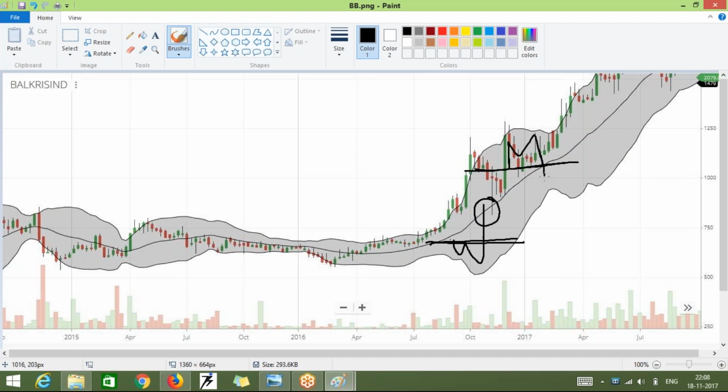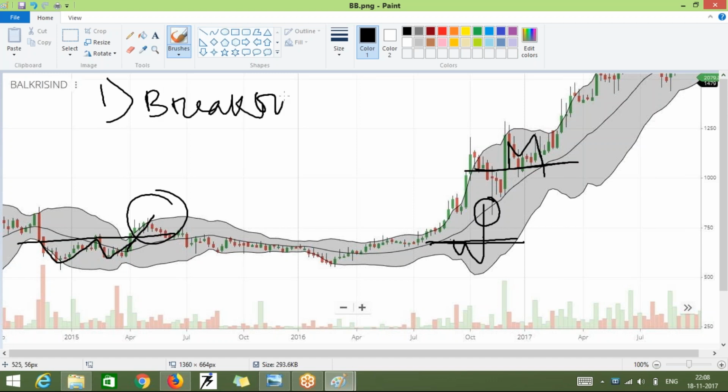You need to look for one that is almost forming a W pattern. See here, this could be a W pattern, and this broke out till this level. As the stock was in a trading range it was not proper, but it broke out to this level. So there are three ways of trading Bollinger Band. The first one is the most effective, using it for a breakout with a chart pattern. If you are using Bollinger Band with a chart pattern, then be fearless and place your trade.